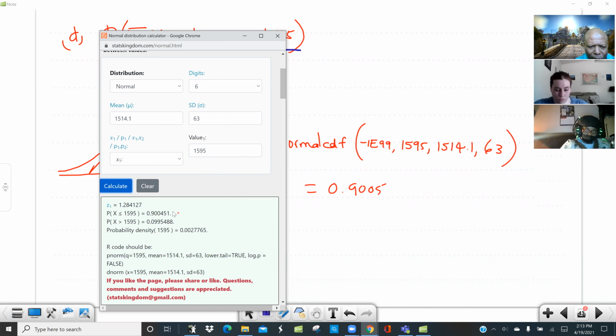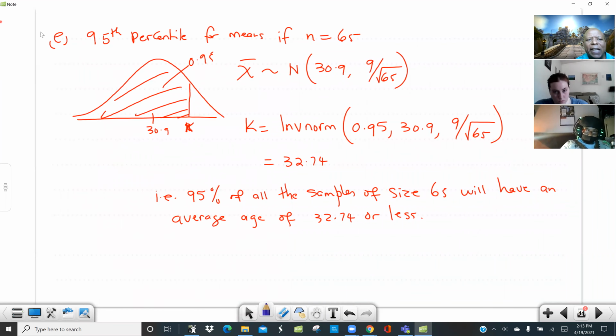Okay, which is 0.90045 right here. Now the 95th percentile for the mean, if the sample size is 65. So first of all, you want to find this new standard deviation: 9 divided by the square root of 65